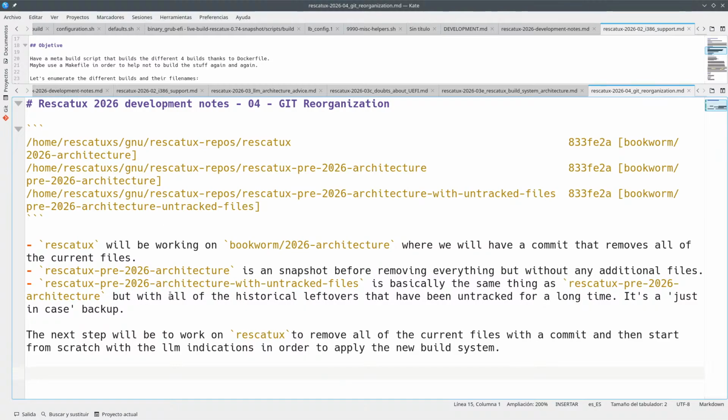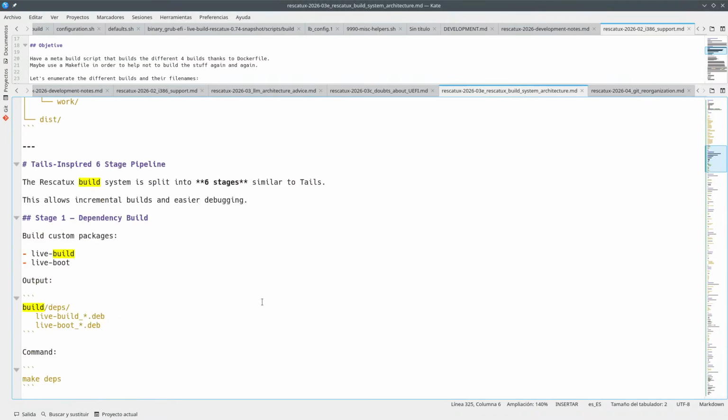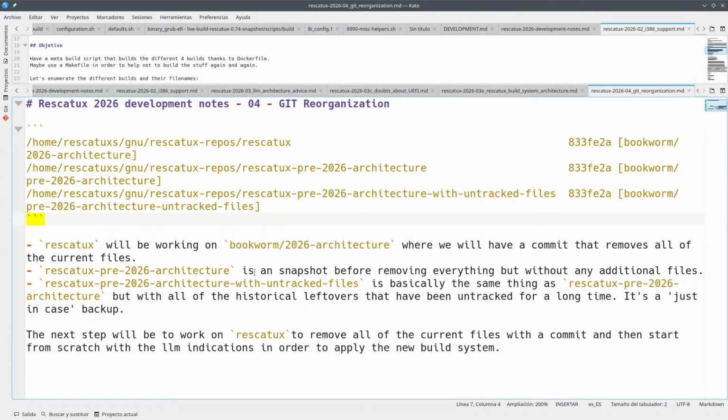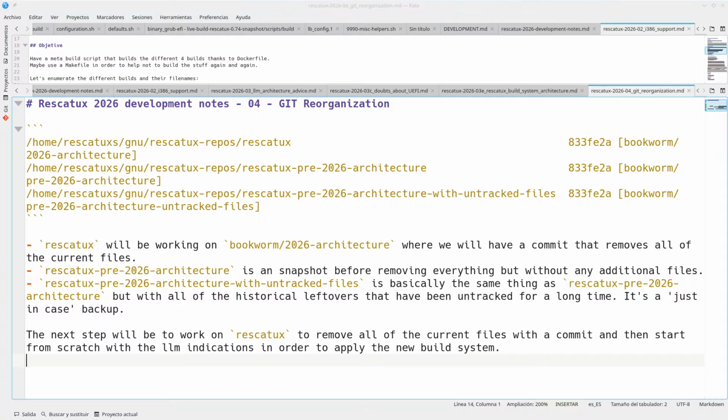Apparently we were working on the Git reorganization. After having rebuilt all of the repository directory, we did some reorganization. Basically, we had the old stuff, and the old stuff had many files that needed to be removed. And so the idea was to, you know,